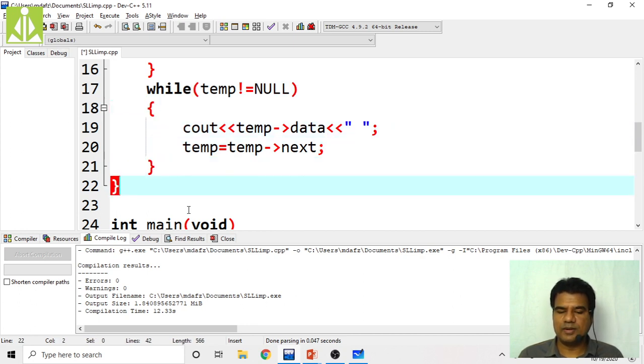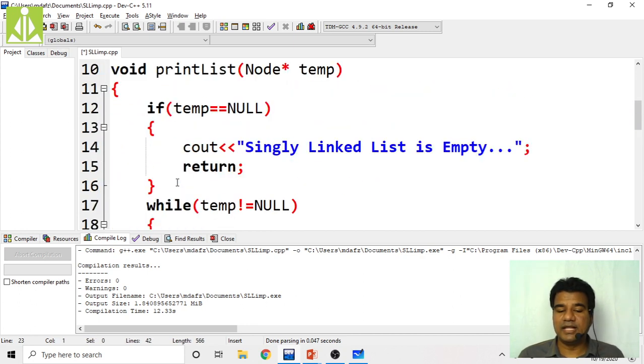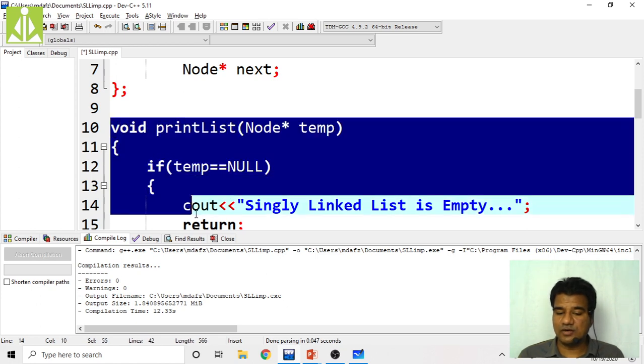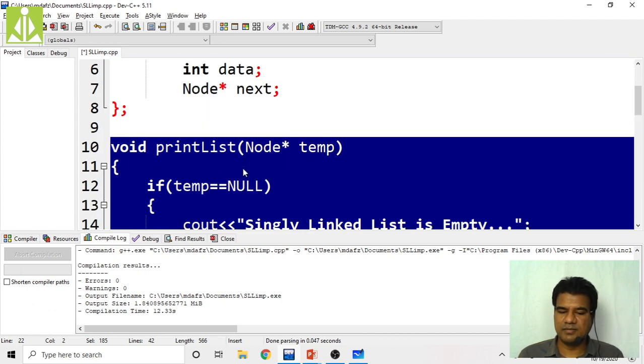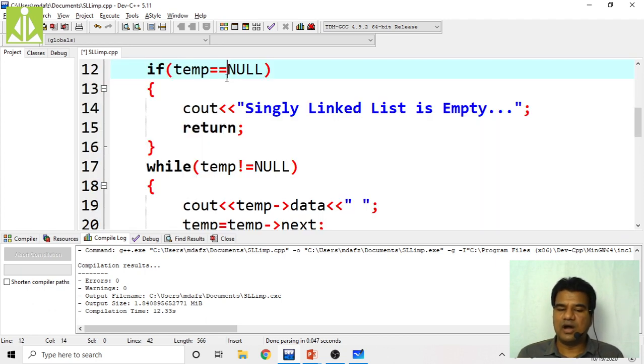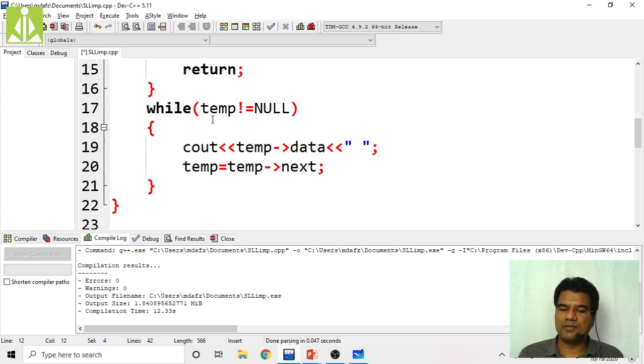It will do my printing job, printing the linked list, only this one. Traversal of linked list is a 2 marks question. How do you perform the traversal of a linked list? What do you mean by traversal? First of all, you have to write how we perform a traversal on a singly linked list, this simple piece of code. How we check whether the linked list is empty or not, and how we access all the elements using this temporary variable. These two things you have to write, this code you have to write.